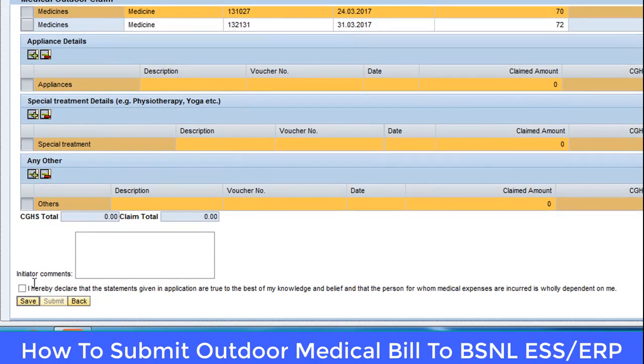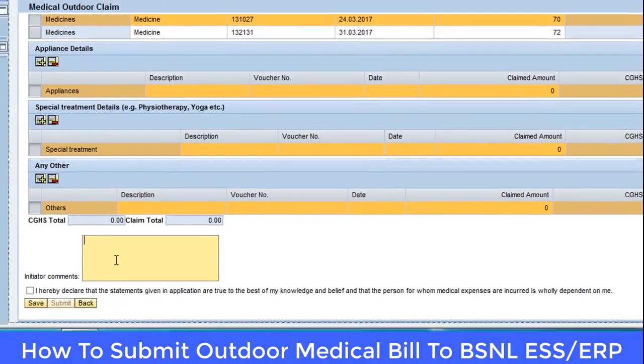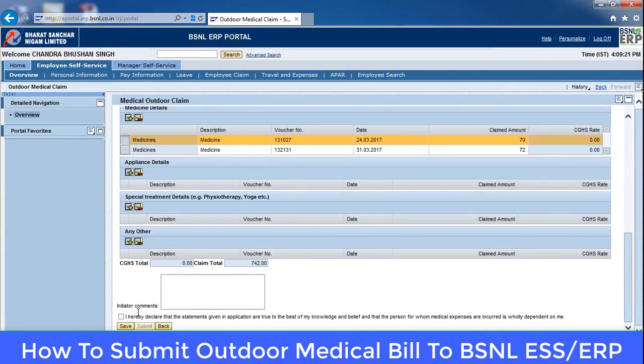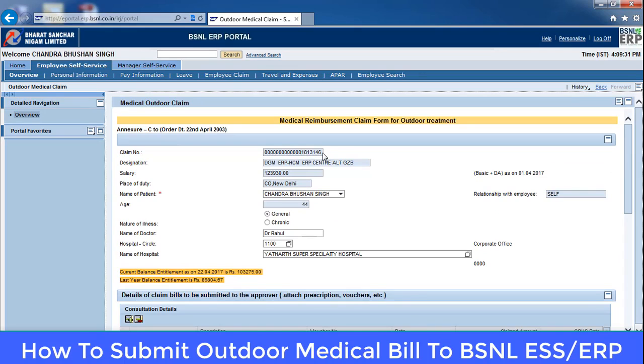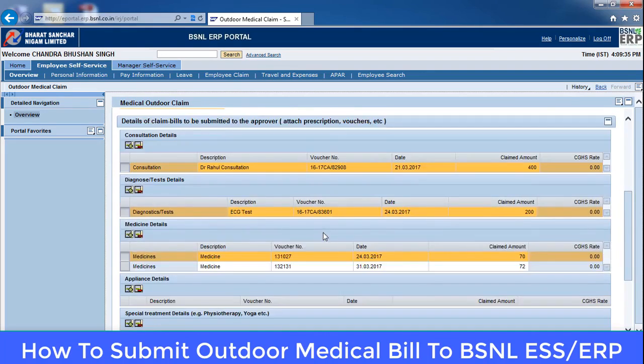And if you want to put up some comments, then you can put up the comments here accordingly. Before going further, let me show you that this amount has automatically been calculated here, and this claim number has been taken automatically from the system.